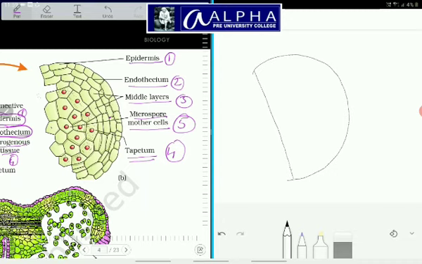Okay, so now I will consider the outermost layer, the epidermis, to draw. How to draw? You see, you draw like this. Over the borderline which you have drawn, you can draw like this. These are the epidermal cells. They are narrower and box shaped in their structure. They are protective in nature. Drawing the epidermal cell layer is over.